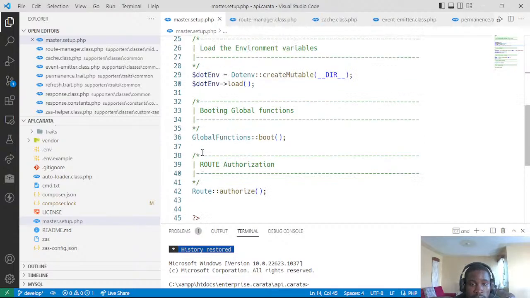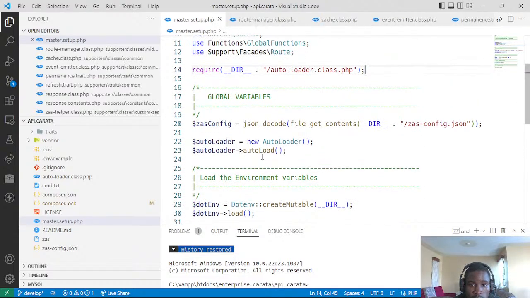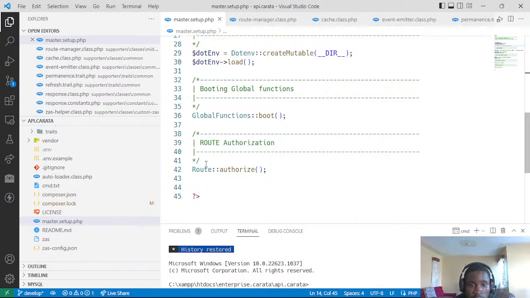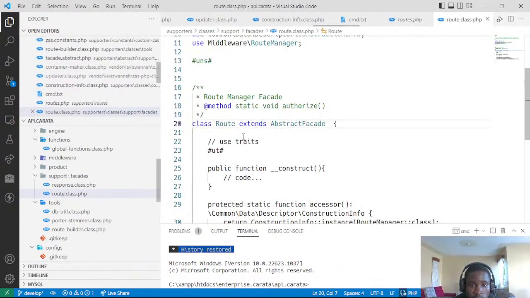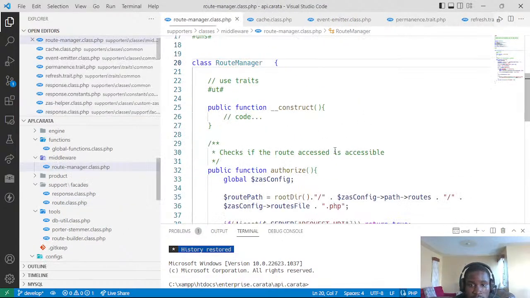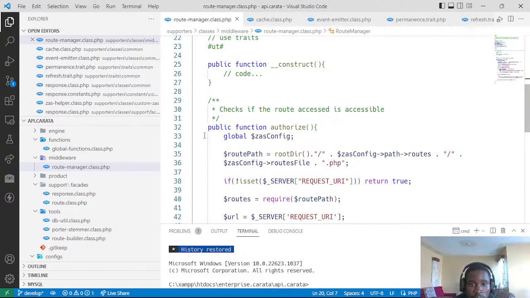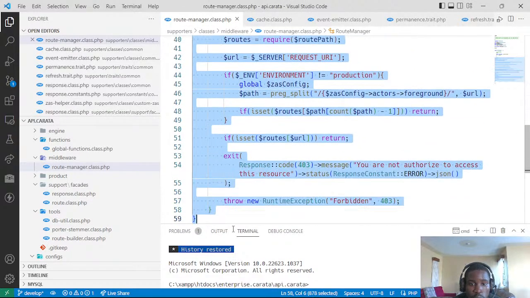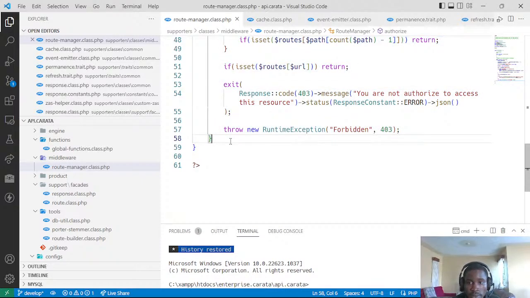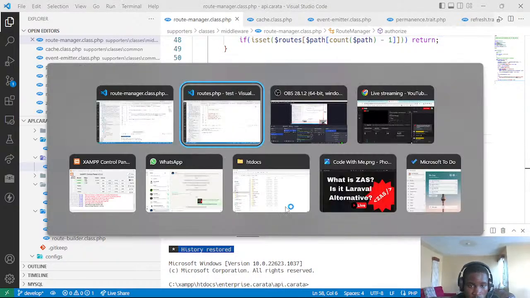Wow. Okay. Well, technically, I don't need to make a root facade, but there's the root facade that uses the root manager. You can see this root facade uses the root manager class, and this root manager has one function, which is authorize. I want to copy that, and then go and create